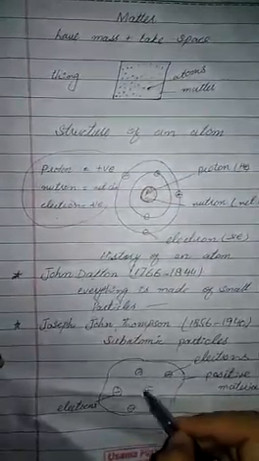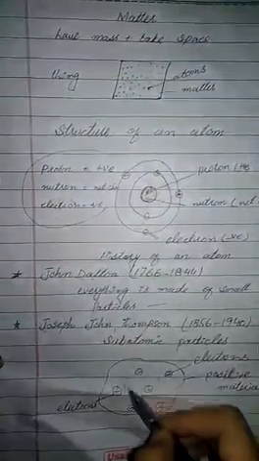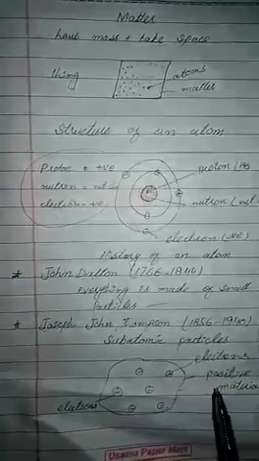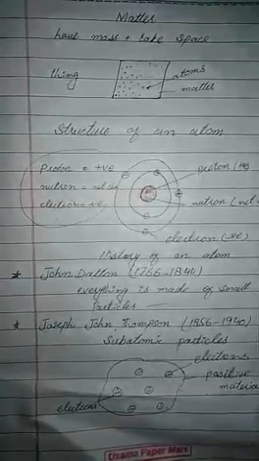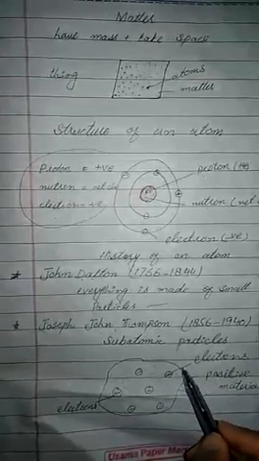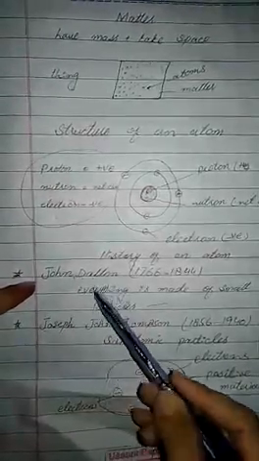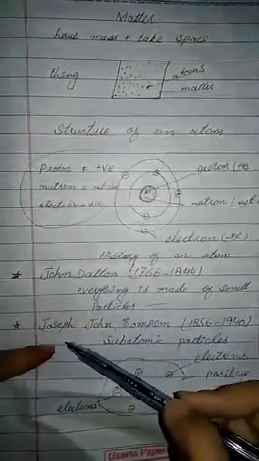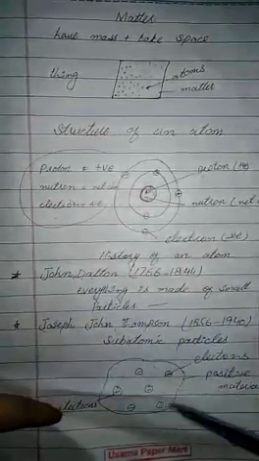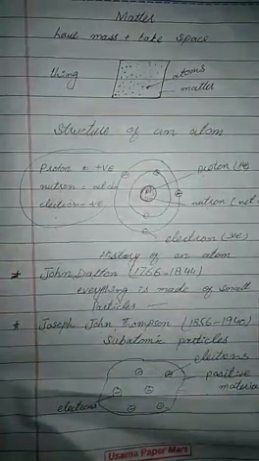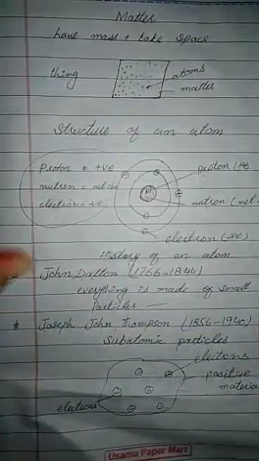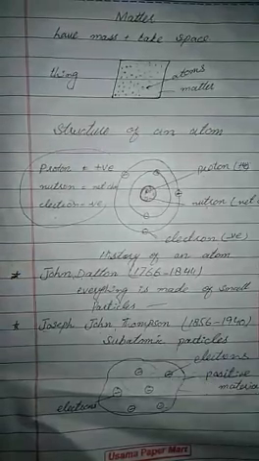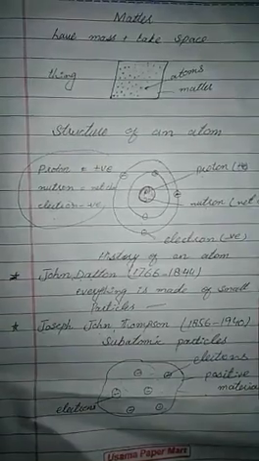So this is the electrons and this portion is positive material. He does not know what is this. He just had the idea about the electrons. So John Dalton said that everything is made up of particles. Next, Joseph John proved that all things or atom is made up of some small subatomic particles, that are electrons. This is the work of Joseph John Thomson.